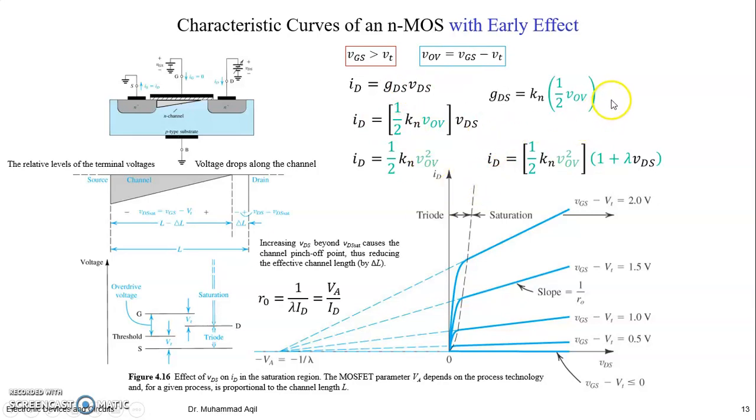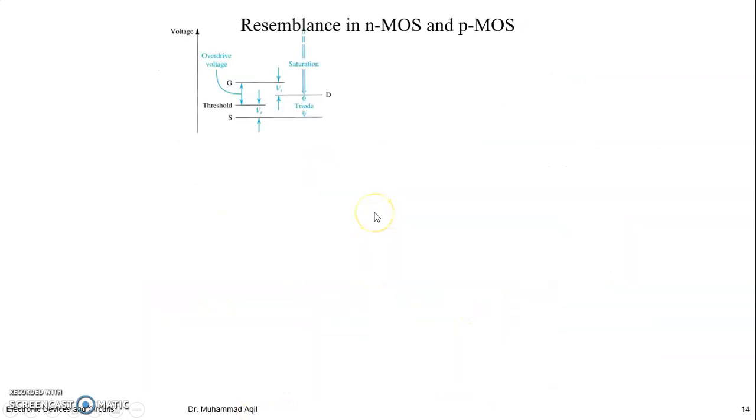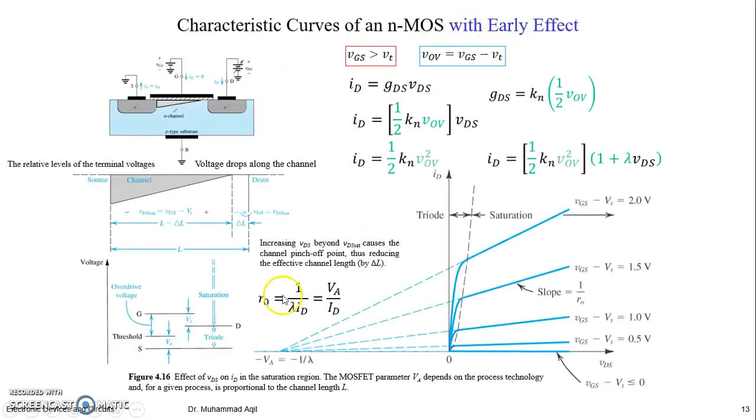It's similar. So now your resistance R naught is 1 by lambda ID or VA by ID. So it's the same. You are having an output resistance in an NPN transistor. It was VA by IC or VA plus VCEQ by ID. Here it is VA by ID. So before we introduce the resemblance between NMOS and PMOS, let me show you the remaining graph,